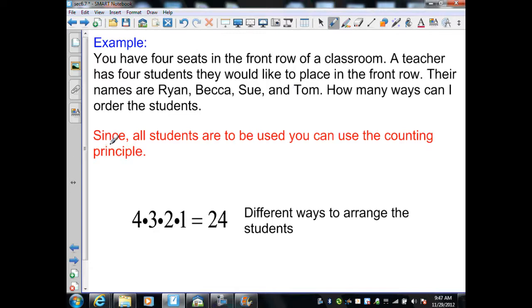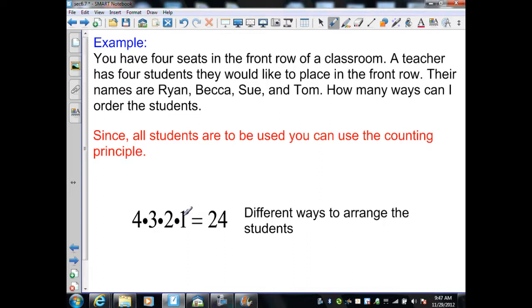Since all the students are to be used and we have 4 seats, then we can use the multiplication counting principle. To do so, it is used like this: 4 times 3 times 2 times 1. The reason is we have at the beginning 4 different seats and we have 4 students. So in the first seat, I have 4 different students I can choose from. On the second seat, since I've already used 1 in the first seat, I only have 3 students left. In the third seat, I have 2 students to choose from, and of course in the last seat, that only